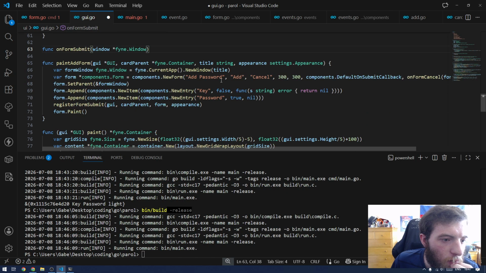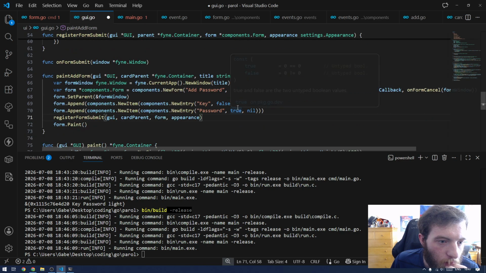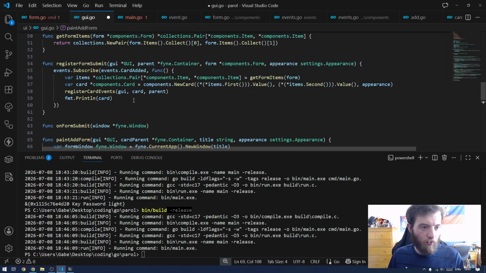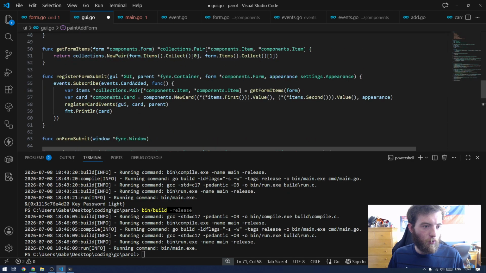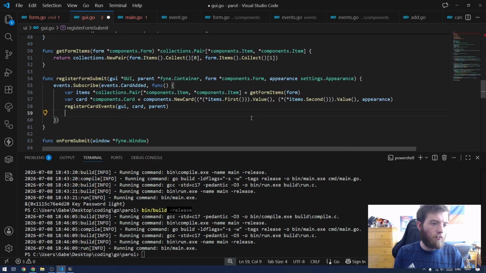Right, so we subscribe, register form submit. So we paint the form, we add it, and then we register the form submit. Right, and then when we click add, that should add everything to the function, right? Register form submit, which then does this register card events, which gets the card, I guess, and then